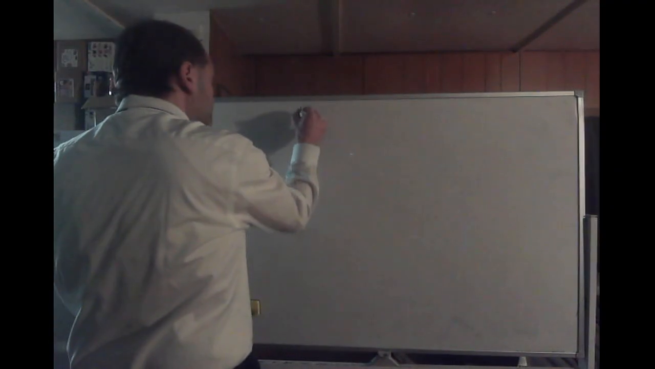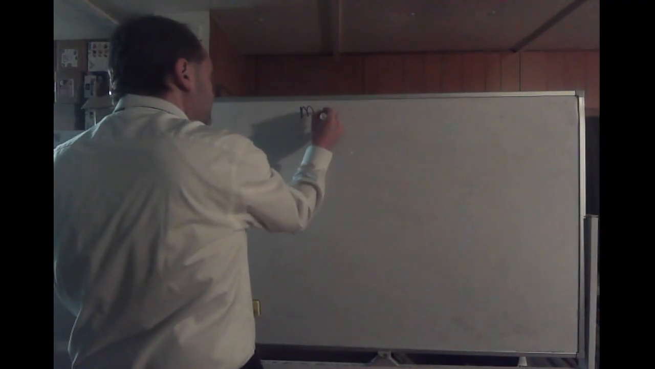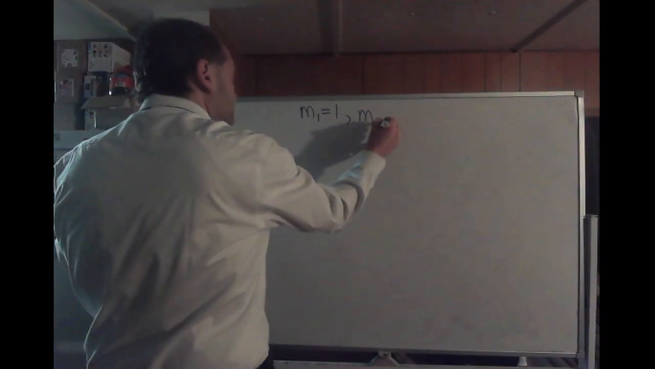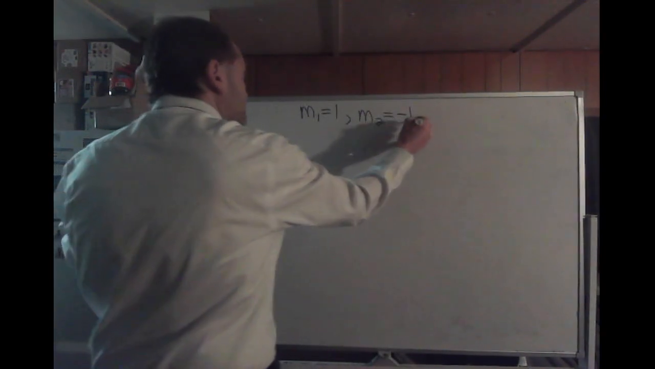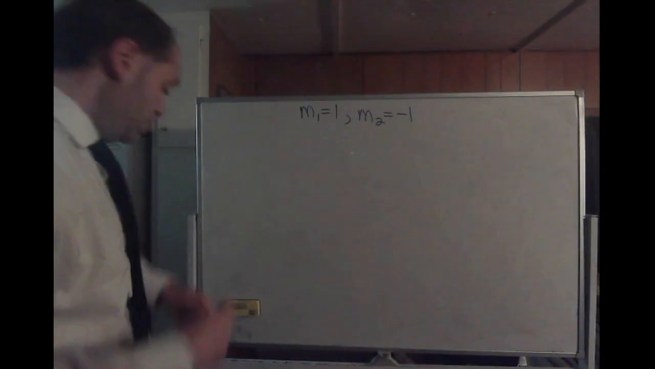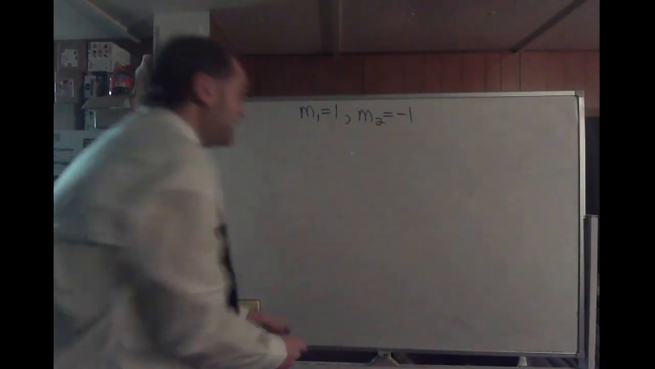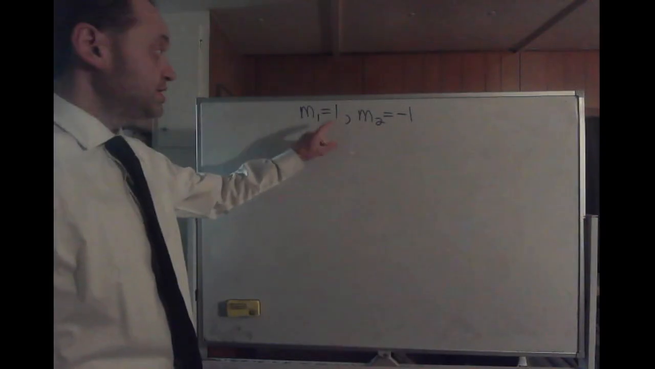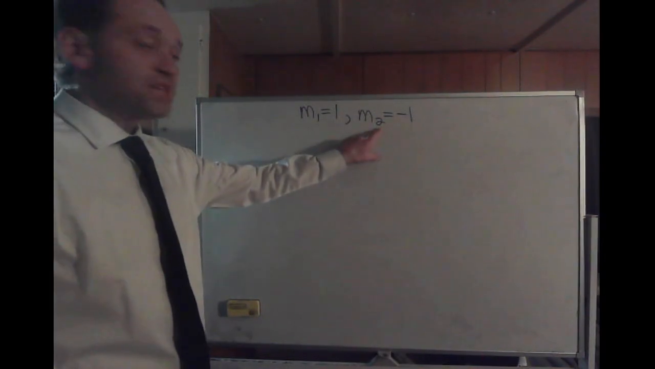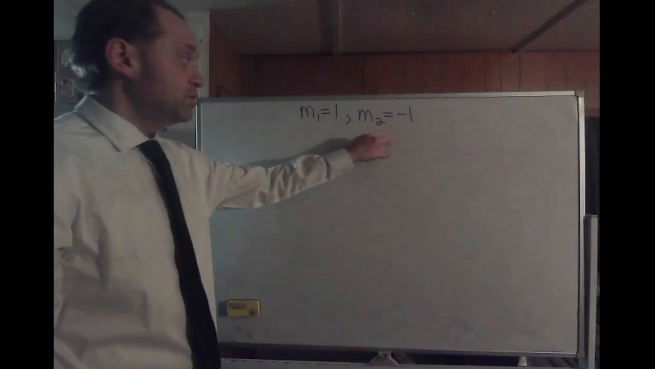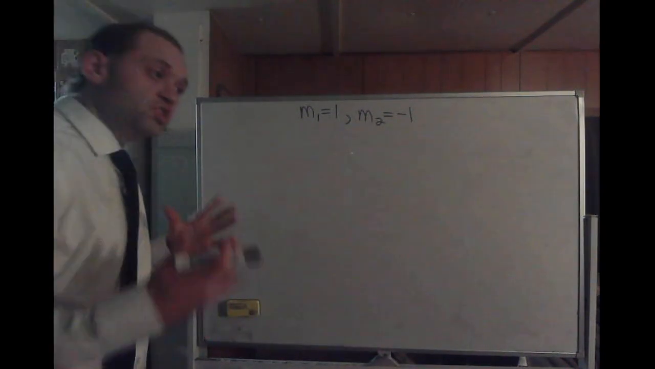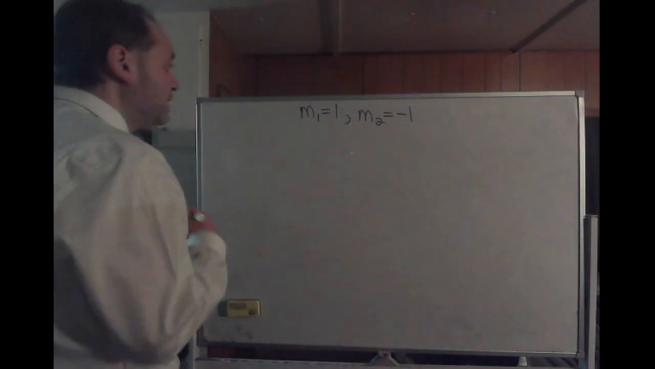So the slope of the first line equals 1. The slope of the second line equals -1. So in this case, we have two lines. The slope of the first line, m sub 1, is 1. The slope of the second line, m sub 2, equals -1. So what relationship do these lines have? Well,